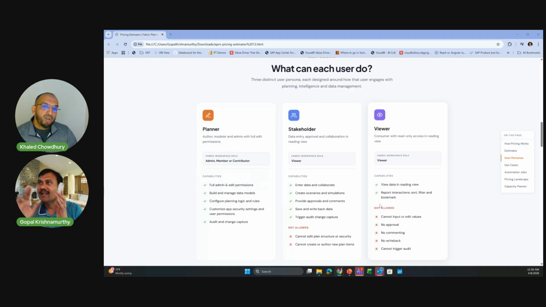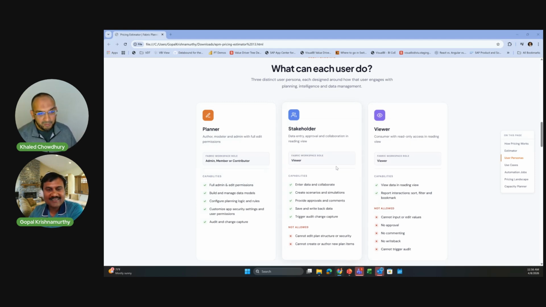So, Gopal, to verify, one of the things like stakeholder versus viewer: if somebody is not doing edit and they're just viewing, for that month they're charged as a viewer? They are charged as a viewer, but the stakeholder, they get input rights, basically. Okay. That's the beauty. Now you set it up in the app saying these users can input in the view mode, where they can approve, they can input comments, but they will be charged.